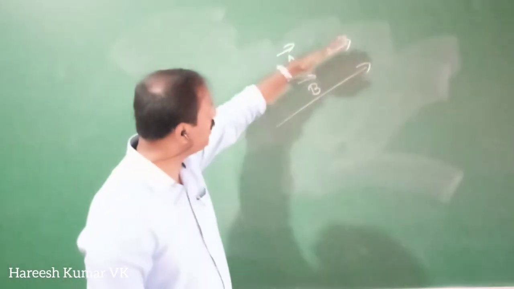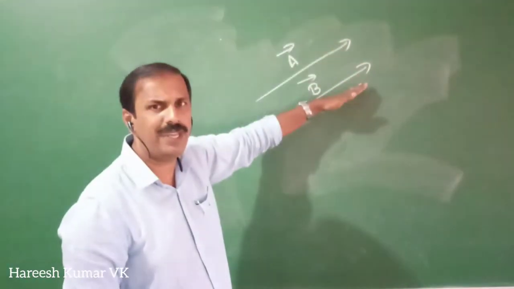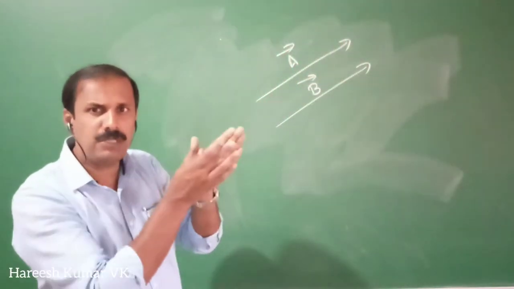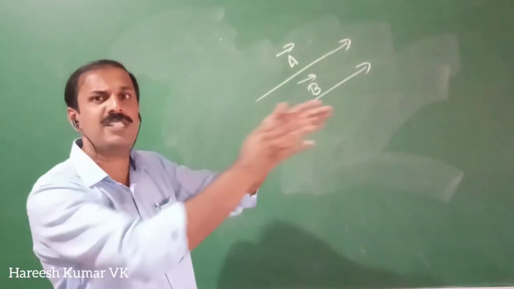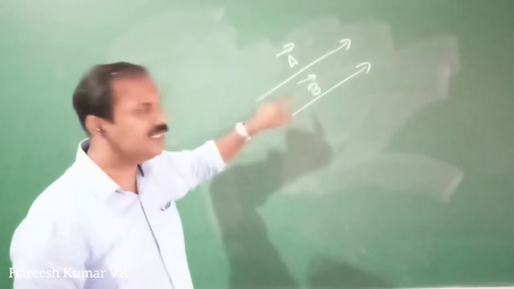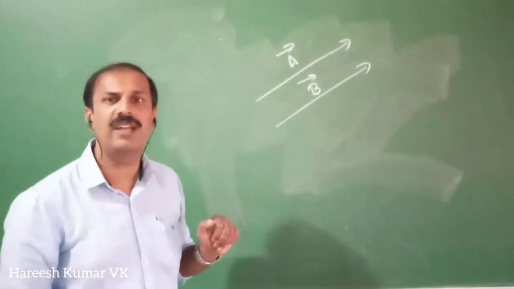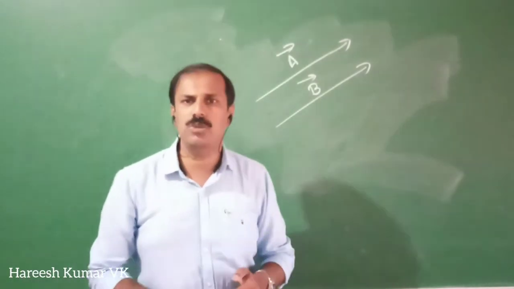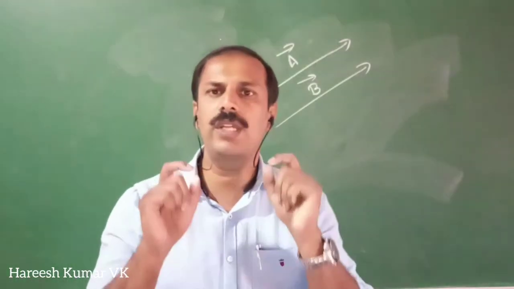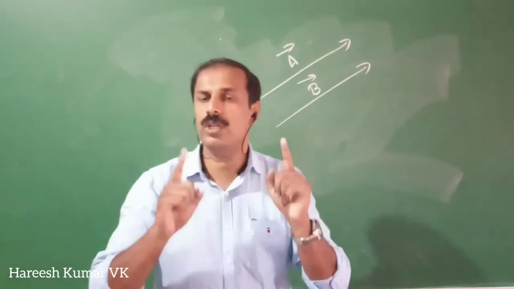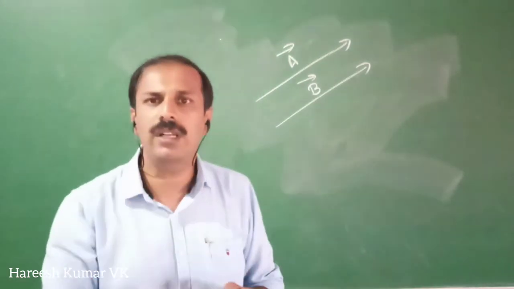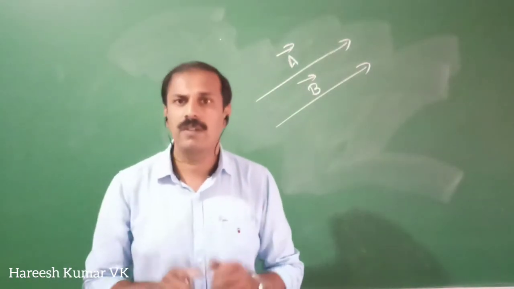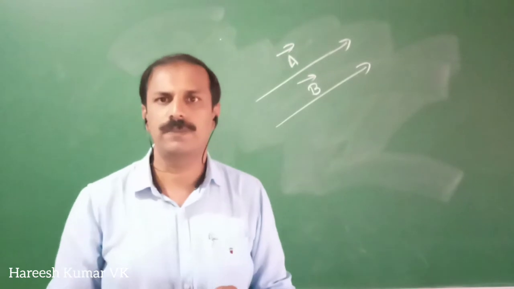See here, if this vector A is here and B is here, that will not make any difference. If you take from here and place above this one, that is same only. So it is little bit away, that won't make any difference, but it should be in the same direction. If two vectors are in the same direction and they have the same magnitude, then the two vectors are equal. So the condition for two vectors to be equal, the first condition is they should have same direction. Second one, they should have same magnitude. So if the magnitude and direction are same, then these two vectors are equal.